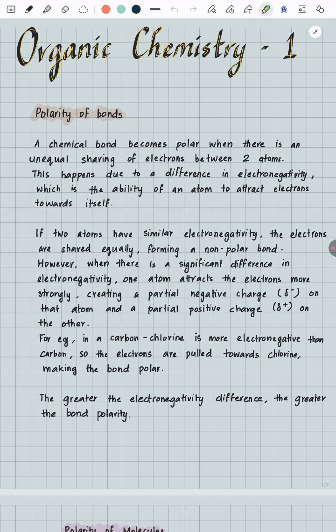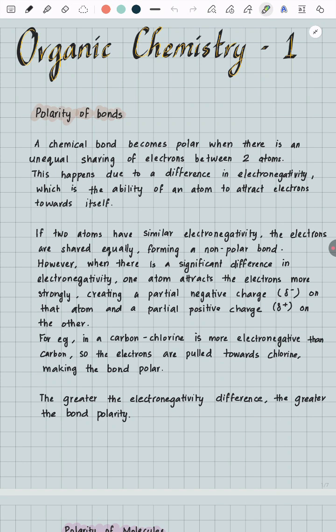Let us begin with the polarity of bonds. When two atoms form a chemical bond, they share electrons. However, this sharing is not always equal. The extent to which an atom attracts electrons is known as electronegativity. If two atoms have the same or very similar electronegativity, the electrons are shared equally and the bond is called